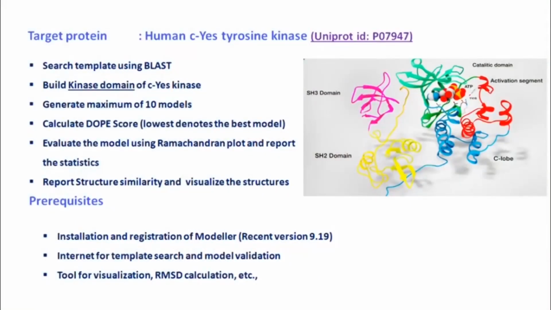Using Modeller software, we can do homology modeling, and here the task is predicting the structure of human CSK tyrosine kinase, and its UniProt ID is P07947. It includes a few steps like retrieving the protein sequence from UniProt, searching a template using BLAST, and building the structure based on the template. These are the 3 essential steps which I am going to demonstrate,